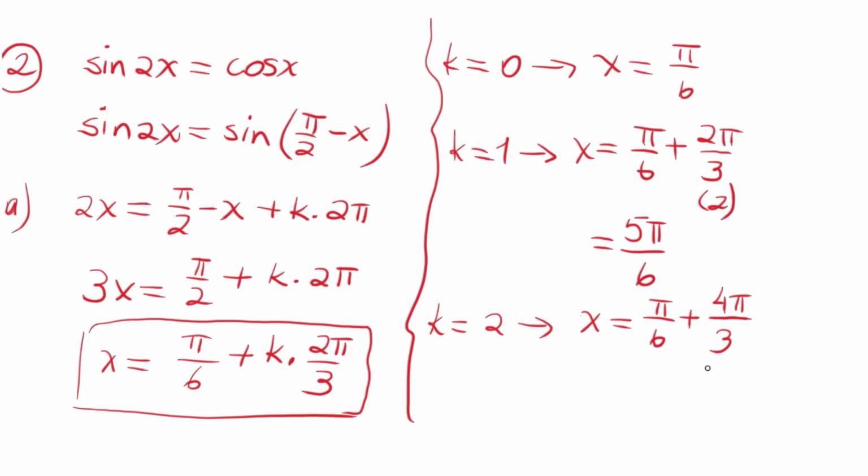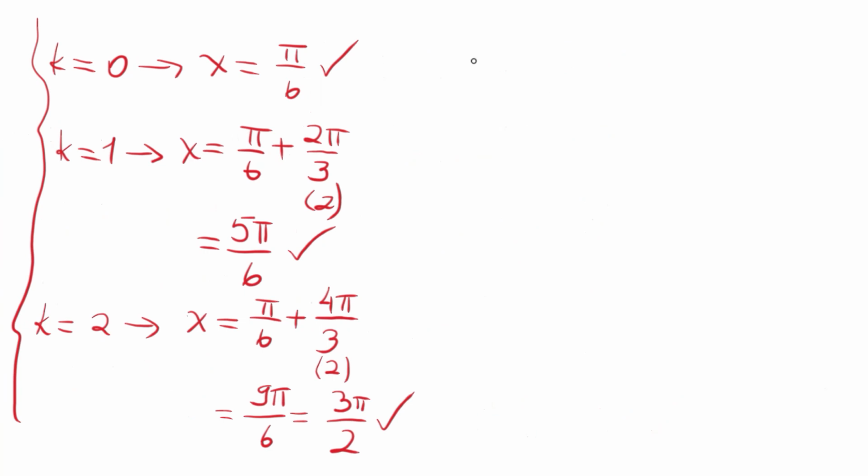So we will have here that this is equal to 8 plus 1, 9 pi over 6, which is 3 pi over 2. So we found pi over 6, 5 pi over 6, and 3 pi over 2 from this A part, and we are finishing now. B part is